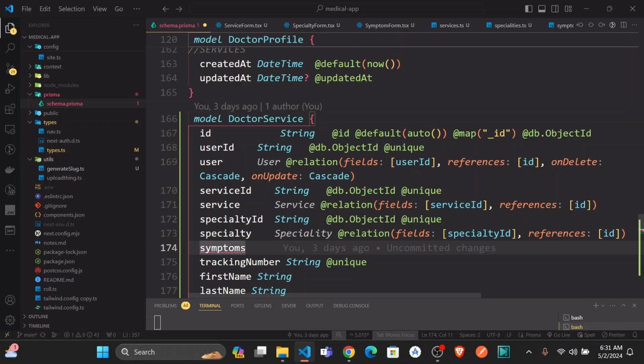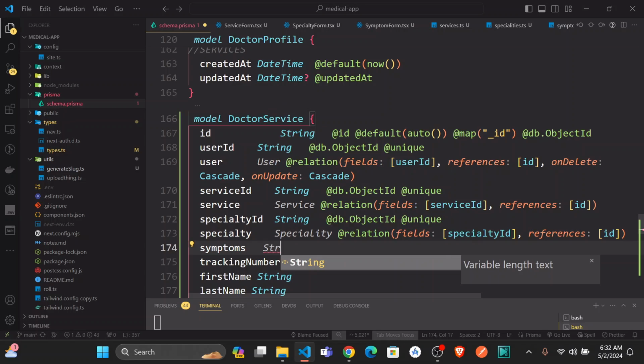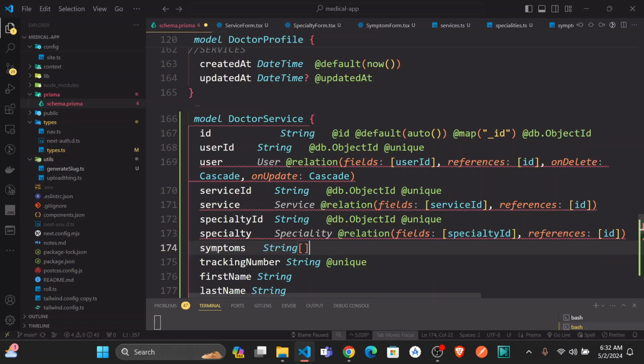Okay, symptoms, I feel like something's not right. I feel like it should be like a string array of, is it just going to be symptom IDs? Symptom IDs,